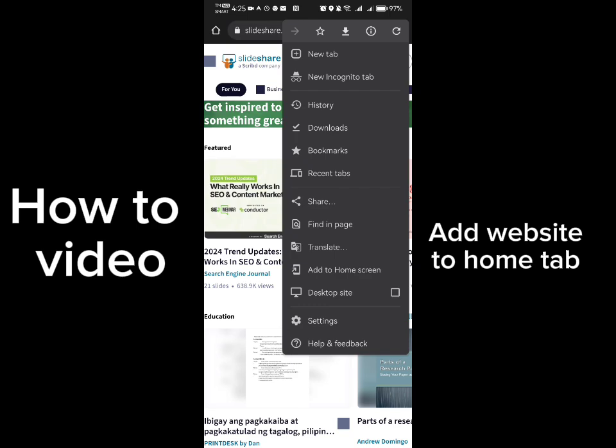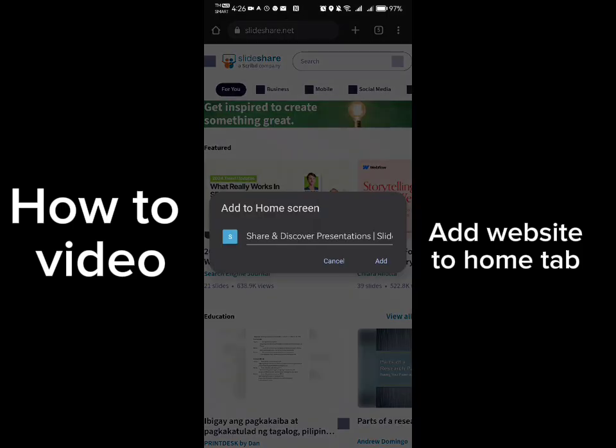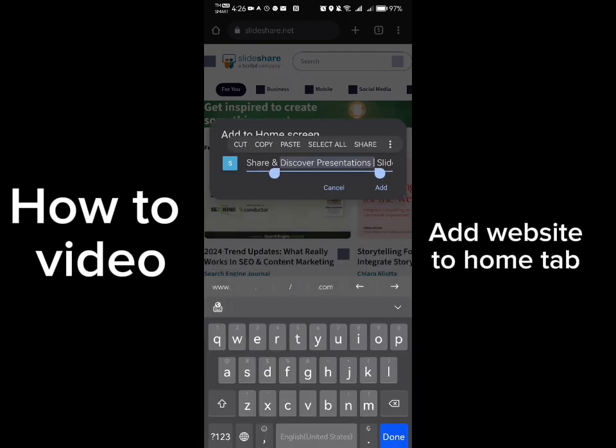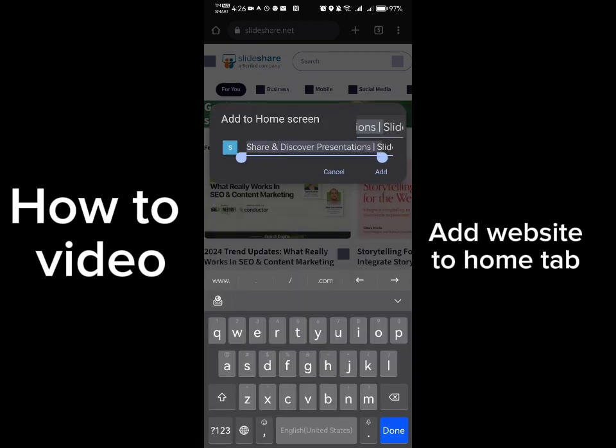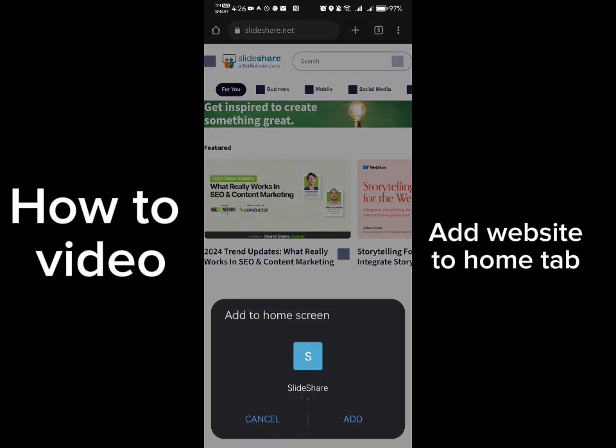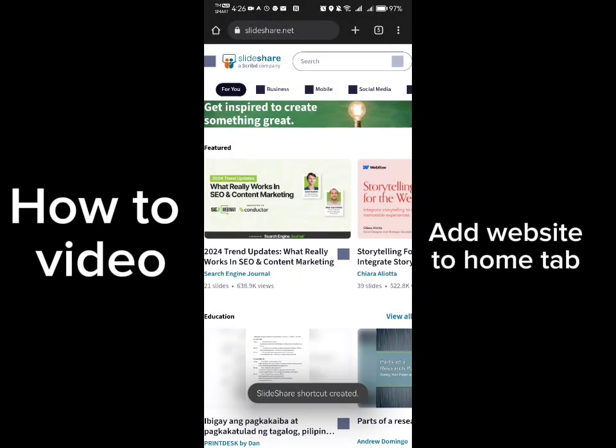If you see, before Desktop site, there's Add to home screen. Click that and then you can edit, for example, the name of the file. Let's say I only want to name it SlideShare. Then click Add. After that, click Add.